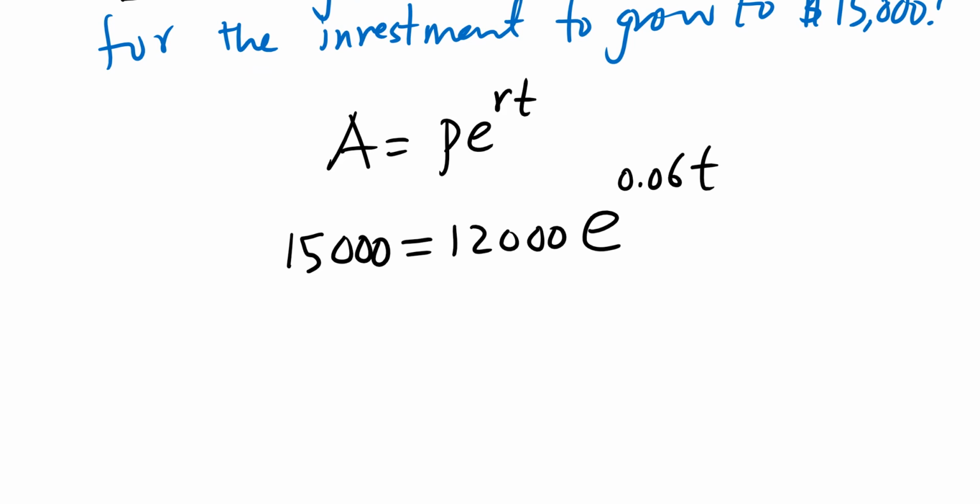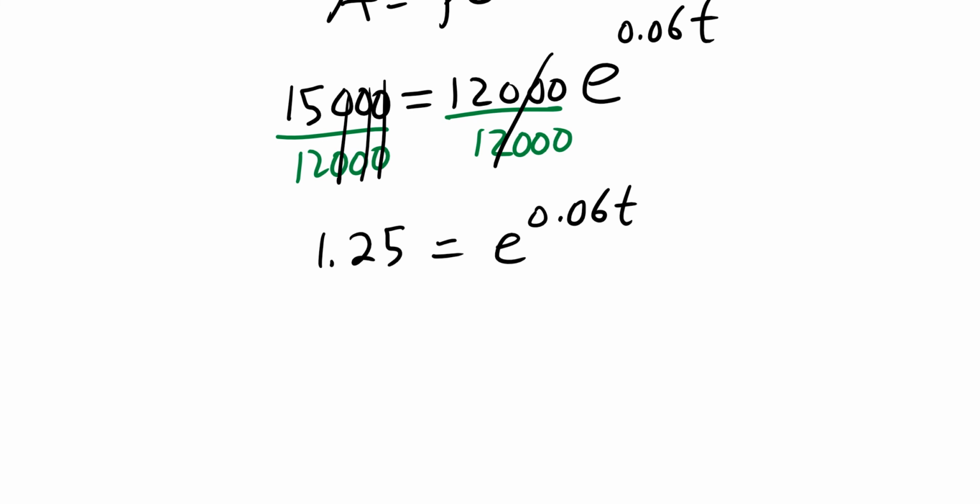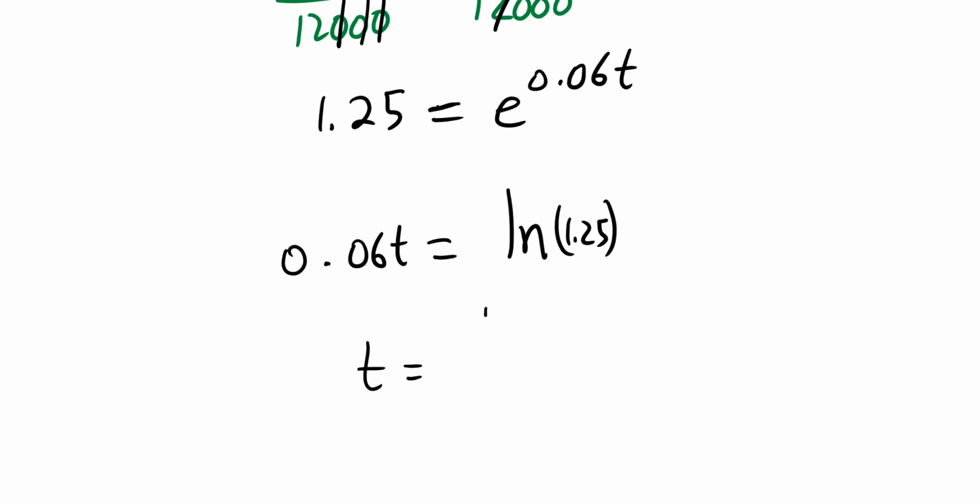So now, we are going to solve for t. How are we going to solve for t? The first thing we do is we eliminate that e part by dividing by 12,000. And what we get, this is gone, the zeros cancel. 15 over 12, that's 1.25 equals e to the 0.06t. So now, how am I going to do this? Remember, to bring the t down, the only way is to use logarithms. And since the base is e, that reminds me of using ln. So ln of 1.25 equals 0.06t, so you can get rid of e. Then I need t. You divide both sides by